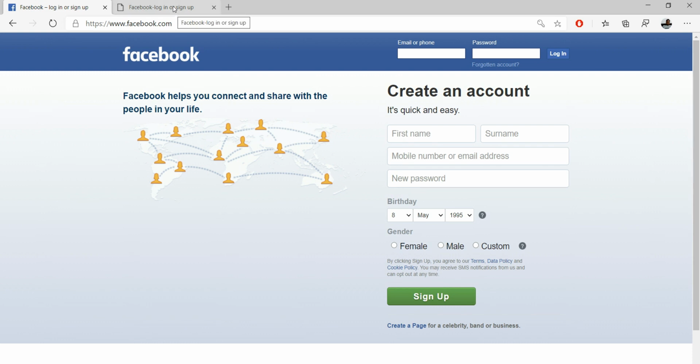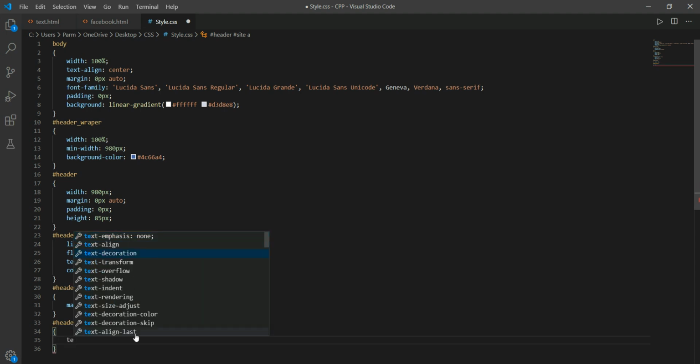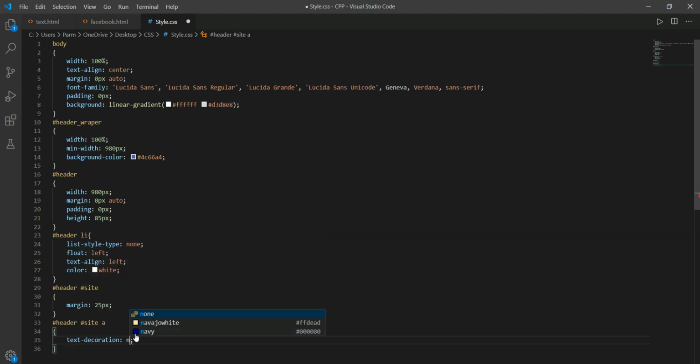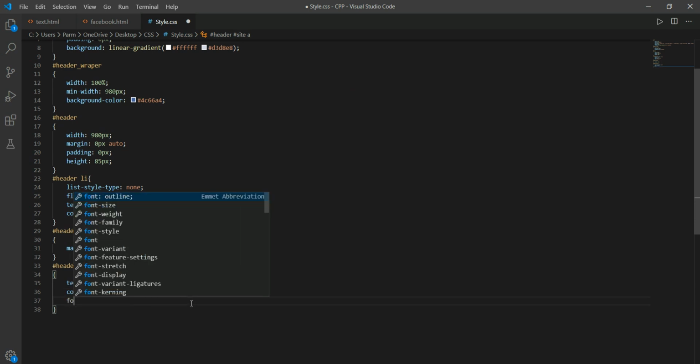So three things I'm going to do over here. Here we write text decoration equal to none. That's one thing. Now underline is removed, and to this I have to give color white. That is the second thing. Then I have to make its font size around 30 px.